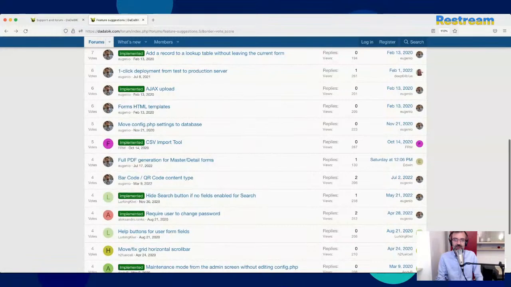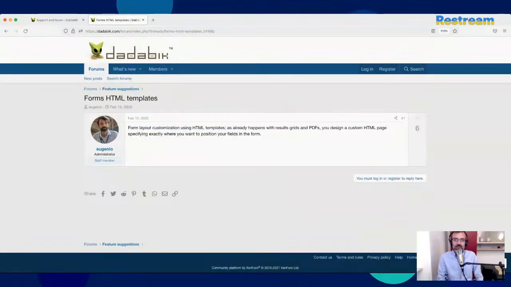Form HTML templates. Okay, this is something I really want to know your opinion about. Here, the idea is that you can design your forms. So exactly as you do for PDF templates, the idea here is to design your forms in HTML.